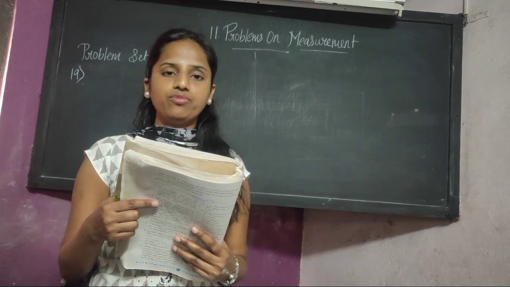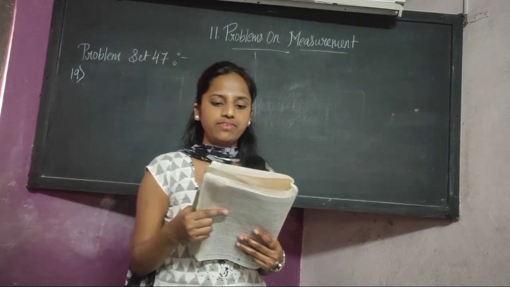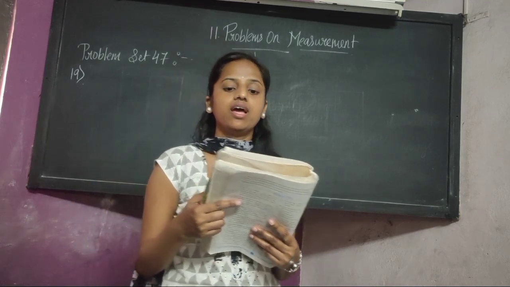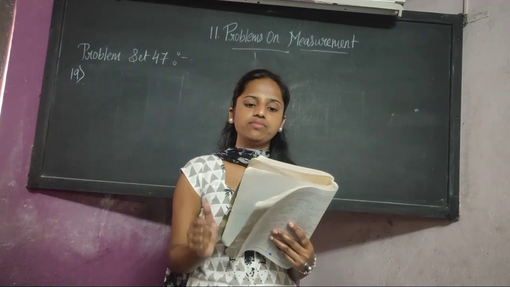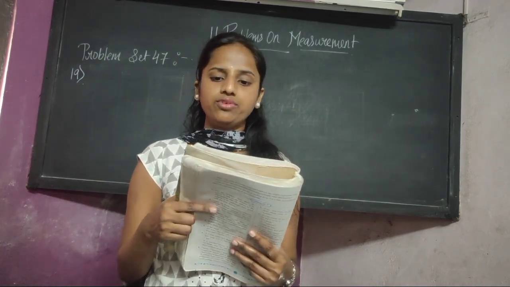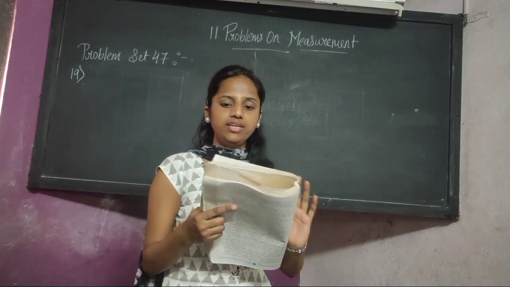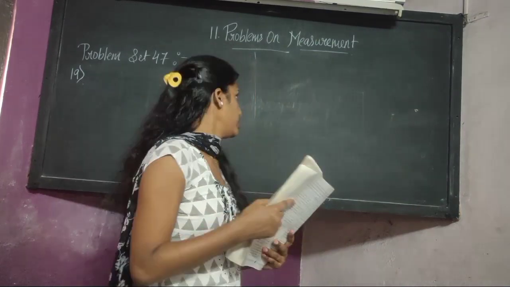Okay, now let's see the question number 19. Suresh bought 3 kg 250 gram of tomatoes, 2 kg 500 gram of peas and 1 kg 750 gram of cauliflower. How much was the total weight of the vegetables he has bought? That we have to find out. What he has bought? Tomatoes, peas and cauliflower. We have to add all three weights to find out the total weight of the vegetables.